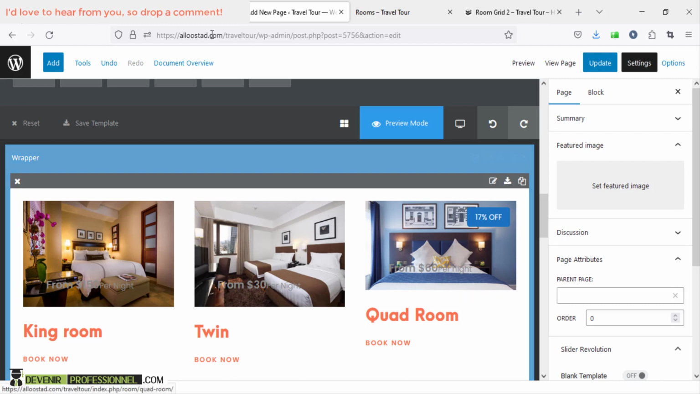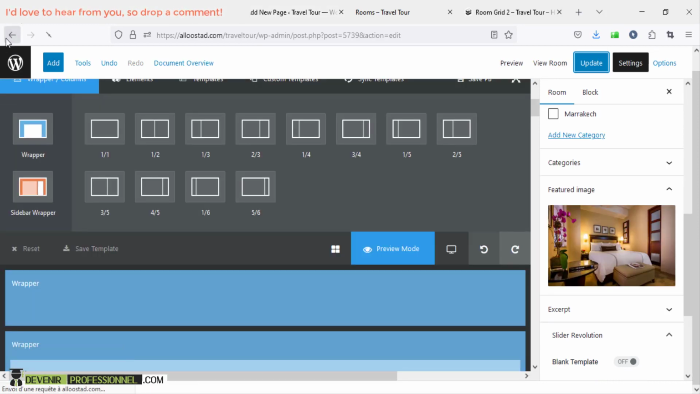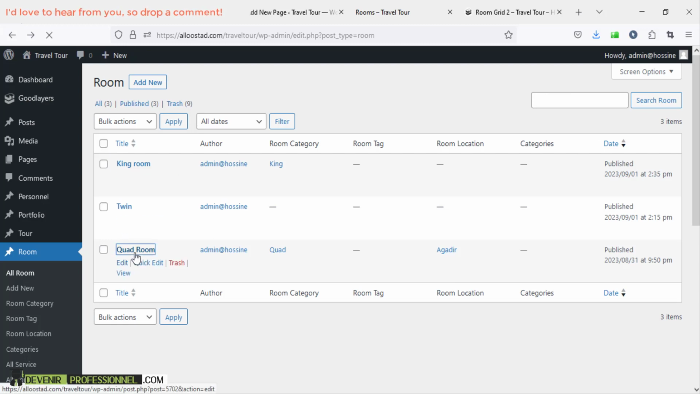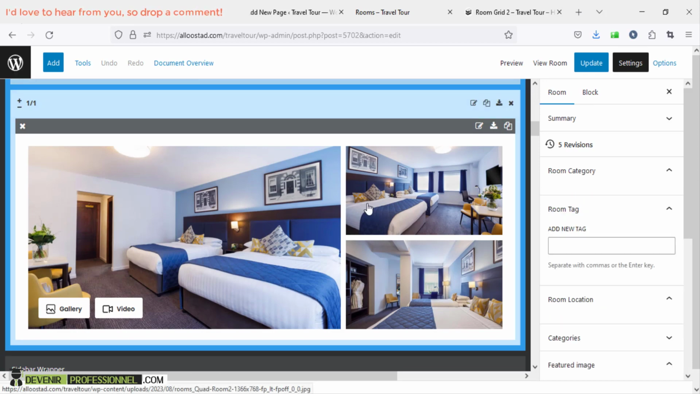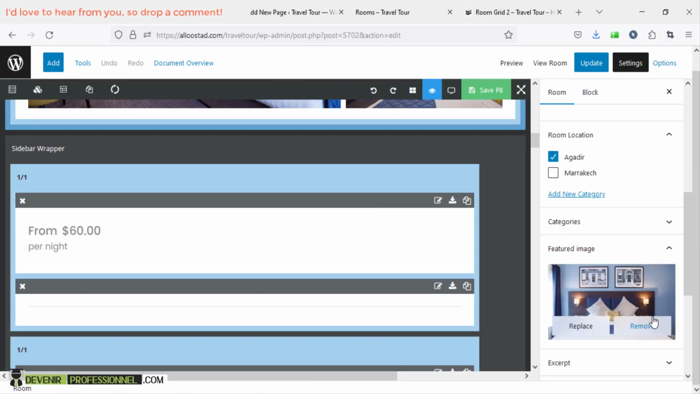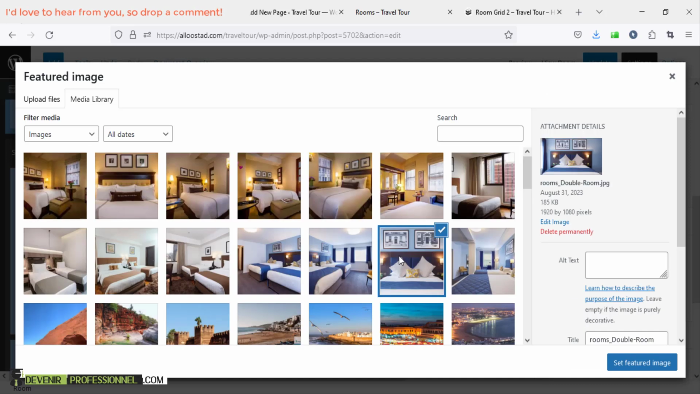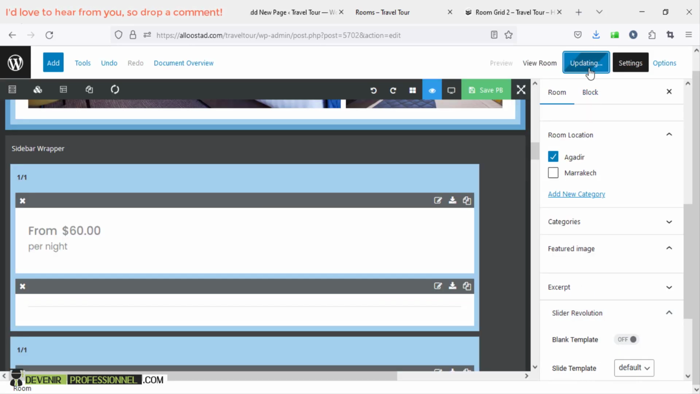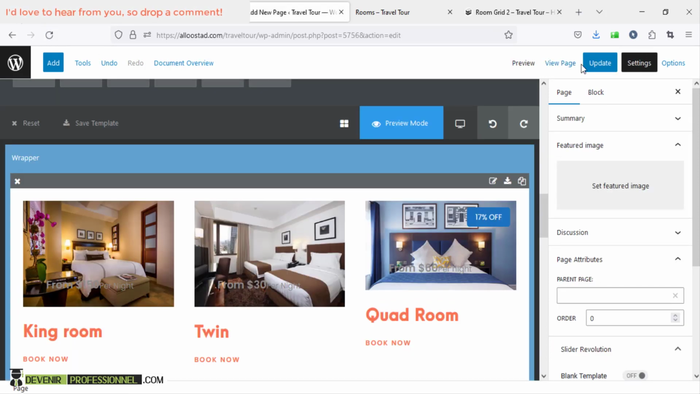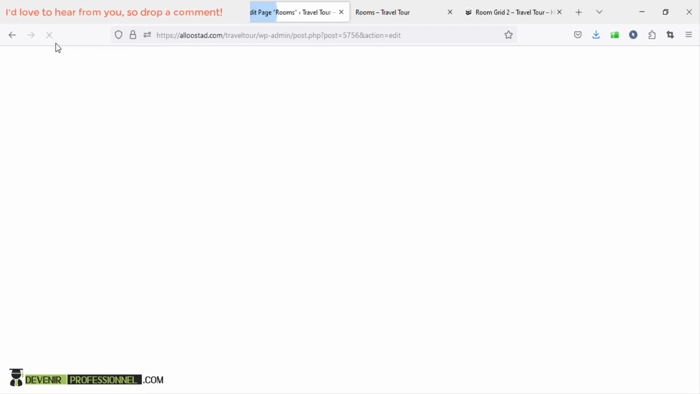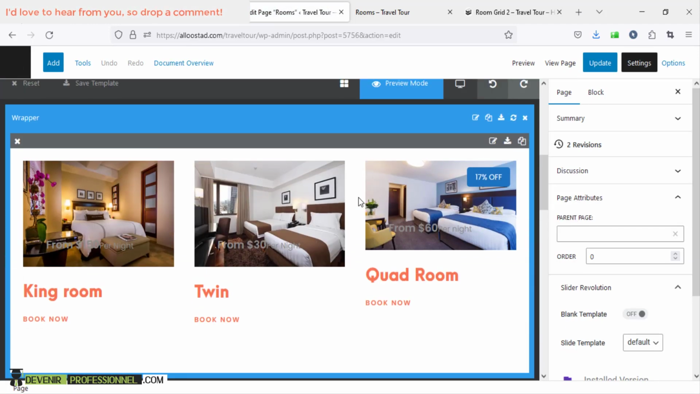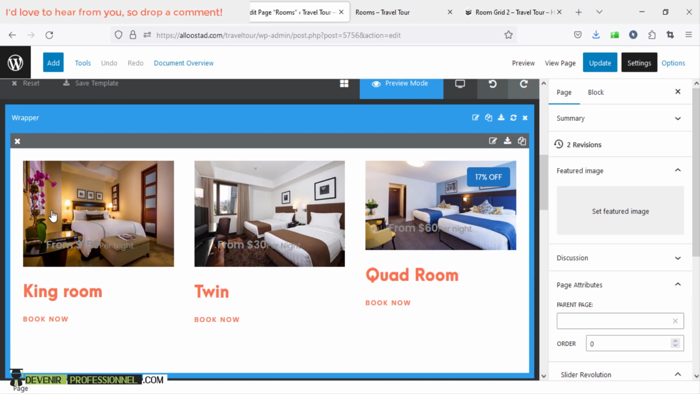I will edit it, quad room. For the quad room, I need to change the image. I delete this, and I will add this image. Update. So now I will update and refresh my page. Okay, don't worry. So just click here,